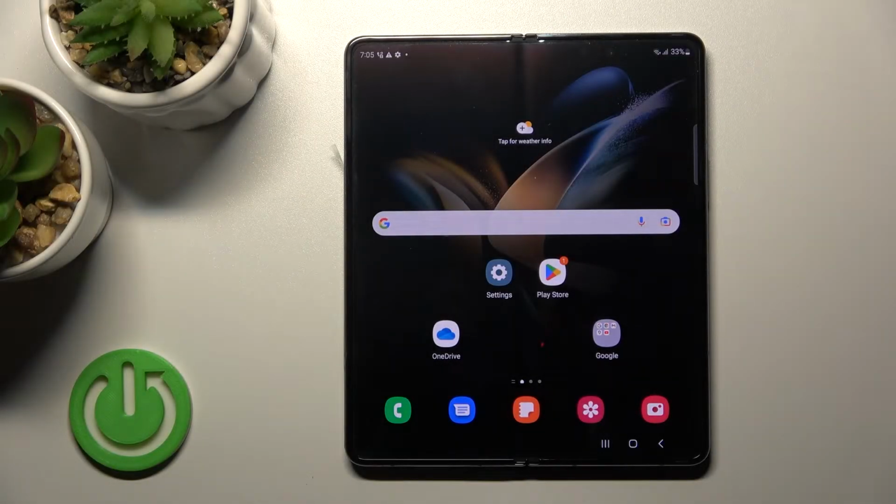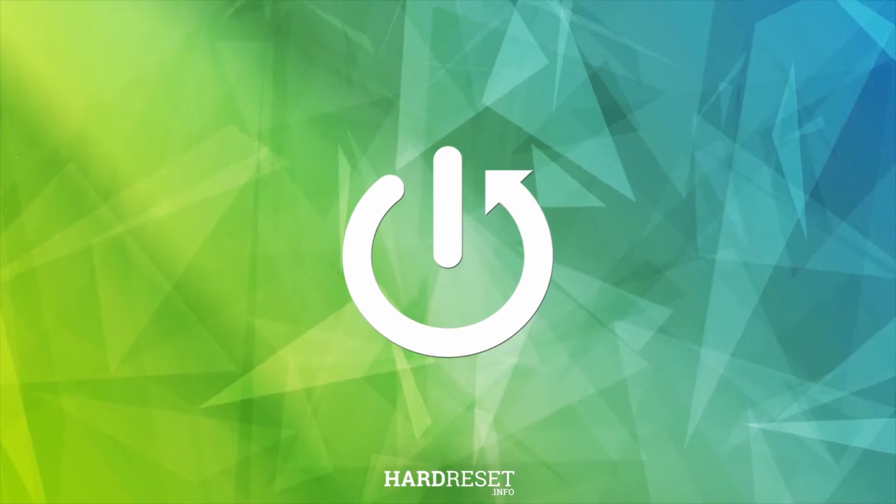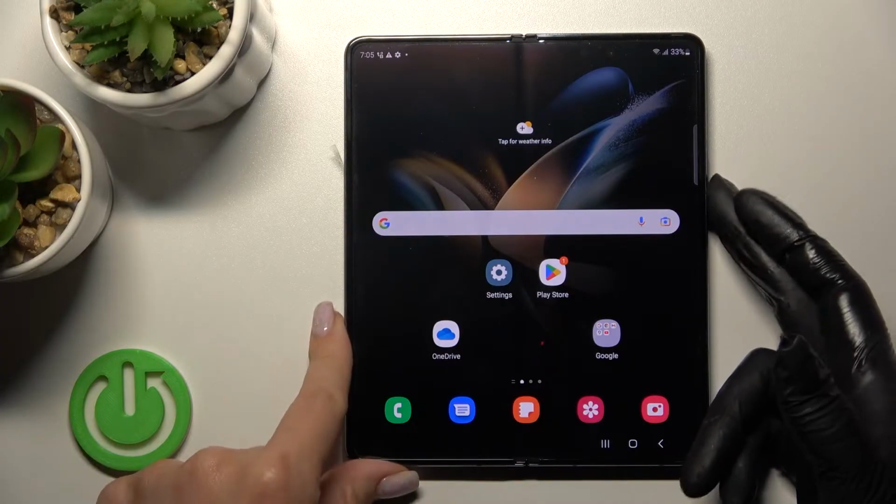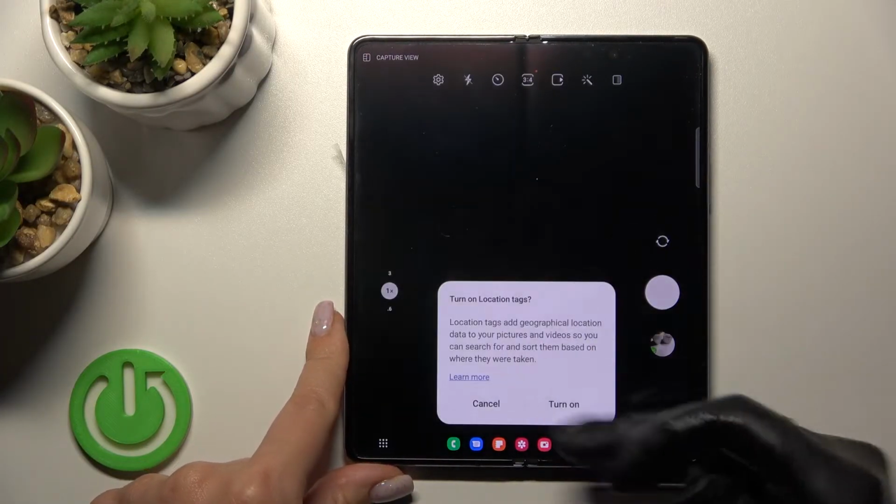Welcome. Today in front of me is the Samsung Galaxy Z Fold 4, and I'll show you how to customize quick launch on this device. So now, by double pressing the power key button, we can see that the camera